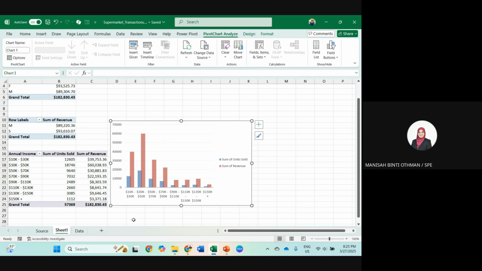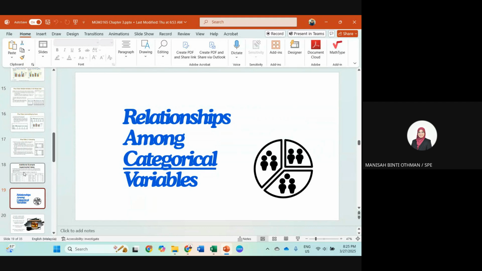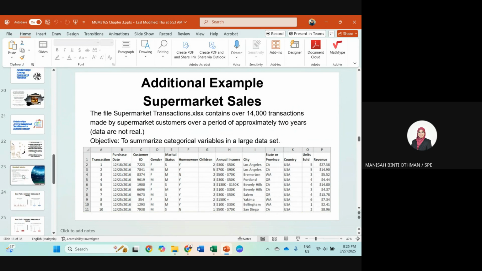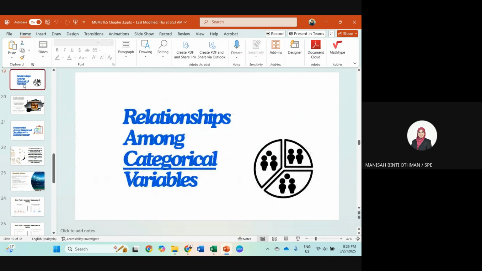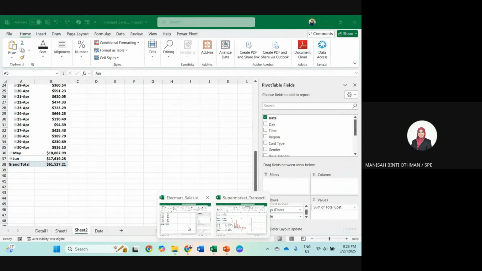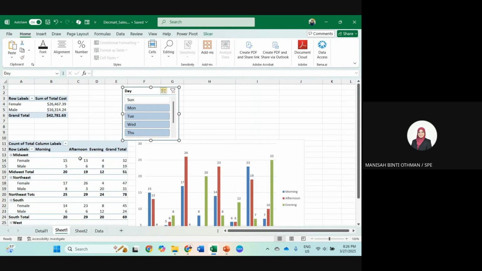Okay, so that is to summarize a categorical and a numerical. So in 2 in 1, this is a categorical and a numerical. Next one, among categorical. The previous examples showed categoricals with the numericals: sales, cost, revenue, number of units produced, number of units sold. So everything is a categorical and numerical. This is a categorical date and numerical. Categorical, female, Midwest, and the numerical.